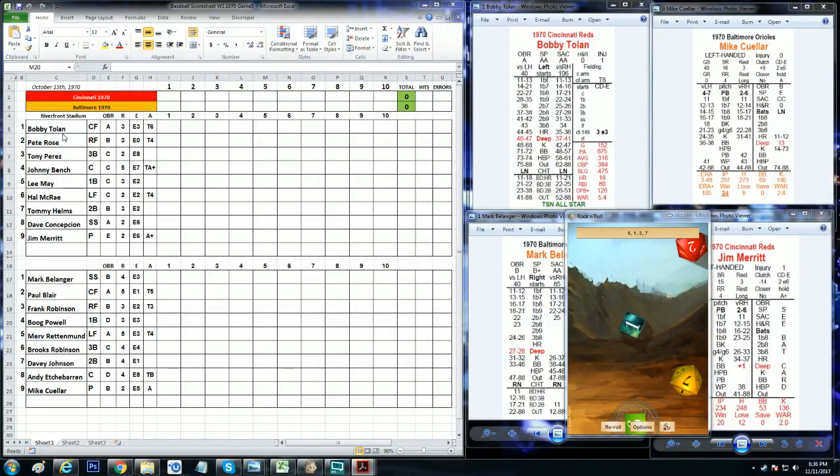So Bobby Tolan, center field for the Cincinnati Reds. Pete Rose, right field. Tony Perez, third base. Johnny Bench catching. Lee May, first base. Hal McRae in today in left field. Tommy Helms at second. Dave Concepcion at short. And Jim Merritt is the pitcher